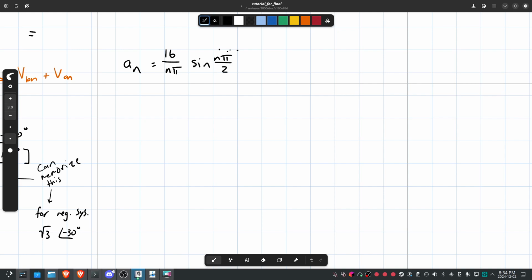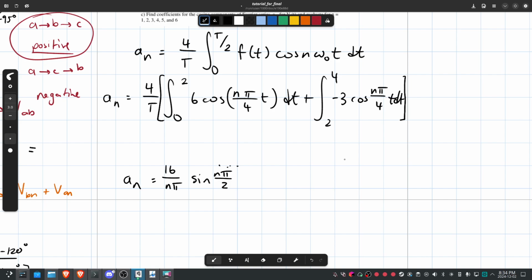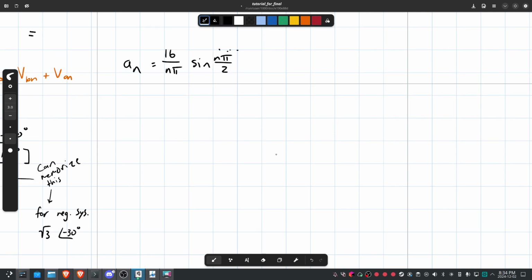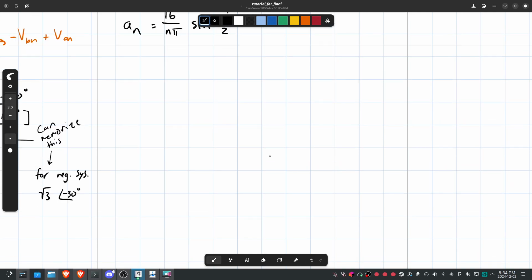And then it asks you to evaluate for n equals 1, 2, 3, 4, 5, 6. You should be able to do that. You just plug in n for each one of them. But do make sure, because if you're just plugging it in and you're using sine,